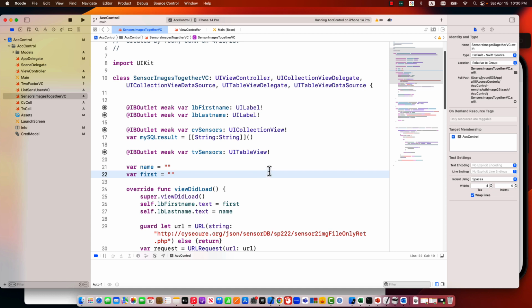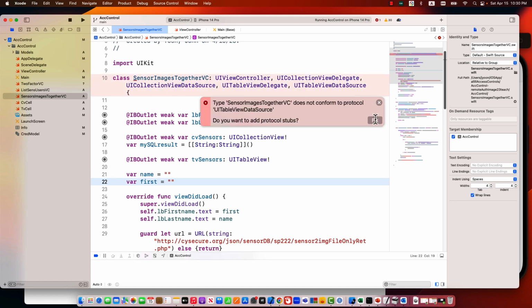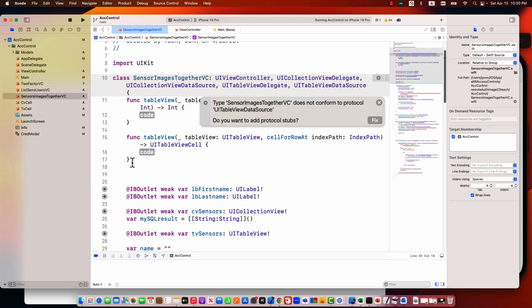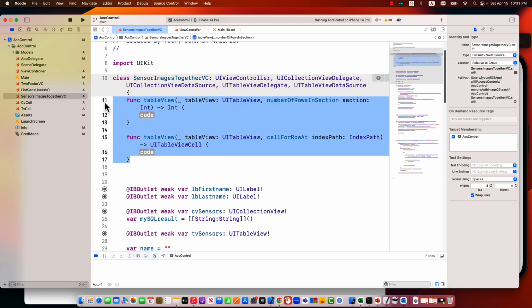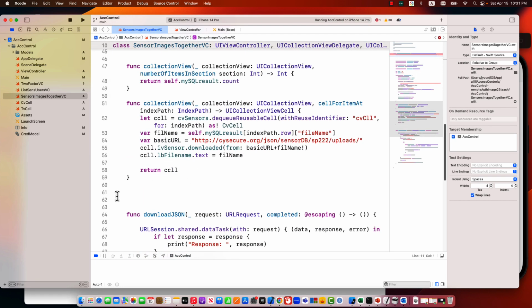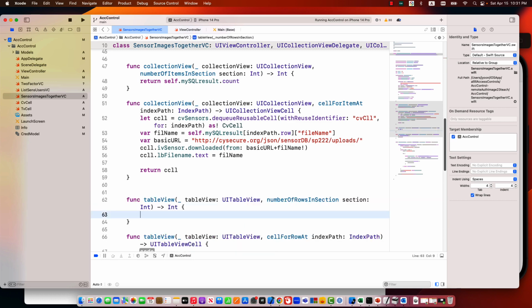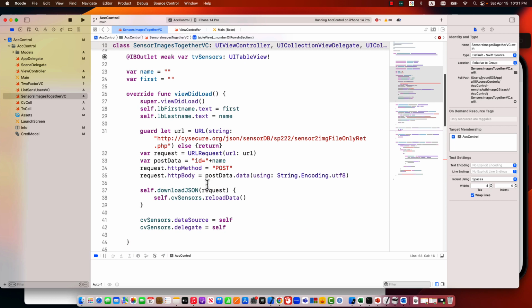Then of course we need to define these two, and that should be somewhere here. And this should return. Oh, similarly,